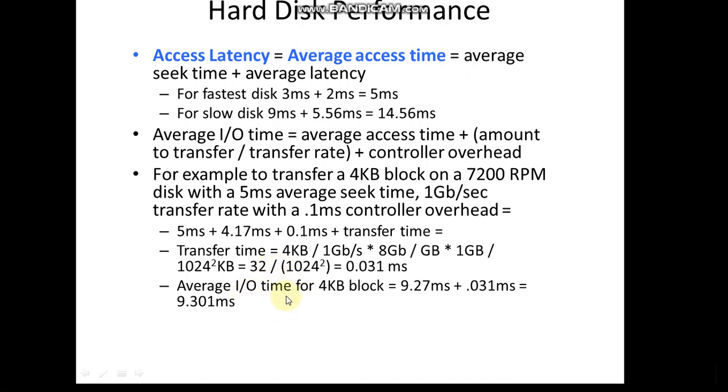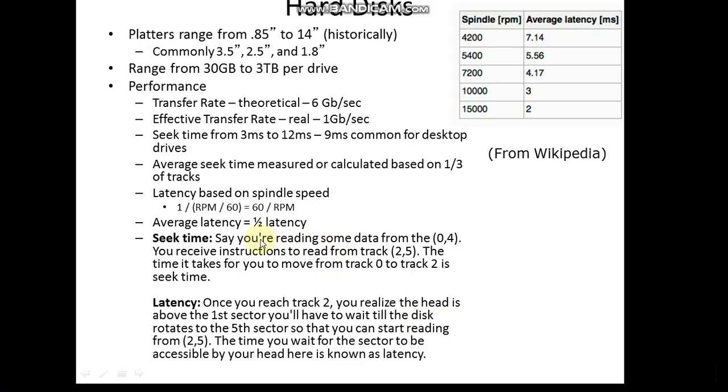So total average IO time for a 4 KB block is 9.27 milliseconds plus 0.031 milliseconds. In total you will get 9.301 milliseconds. So 9.27 is the sum of